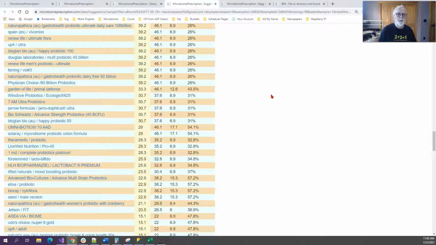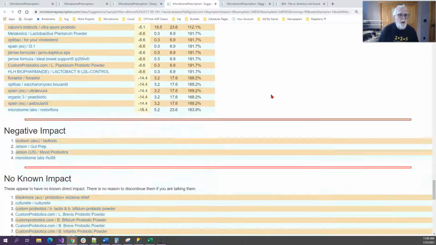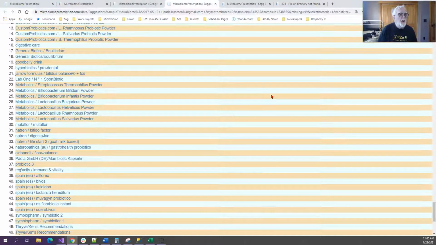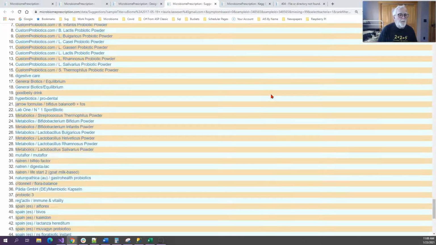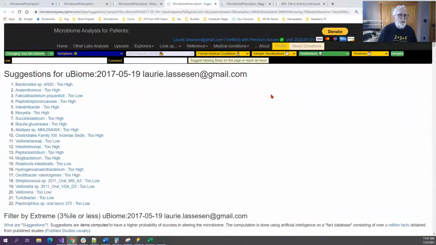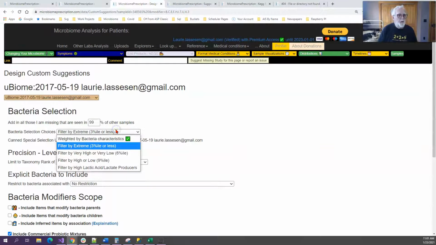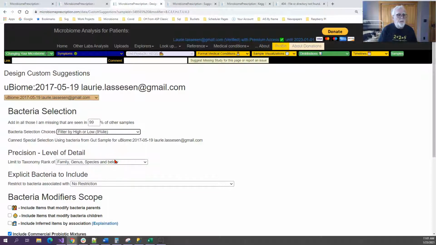Down below we have mixed impact, which are questionable whether or not to take. And then we have the negative ones which will shove things in the wrong direction. And then of course we have the no known impact ones. So that's basically it. It's very straightforward, no rocket science there. You can go back and set your criteria here. For example, right now it was set at 3%. I could go up and knock that down to 90%,